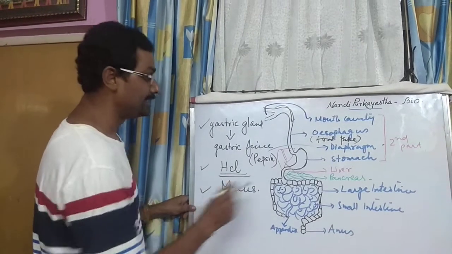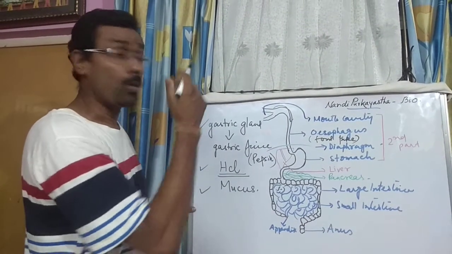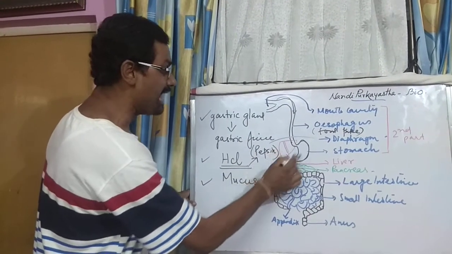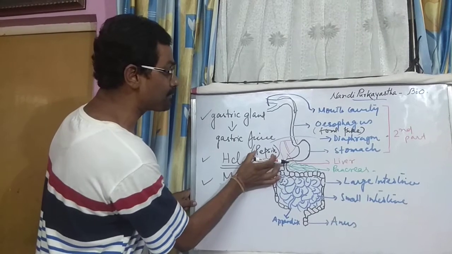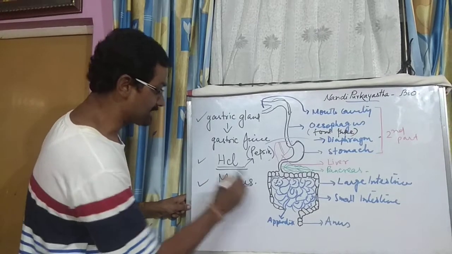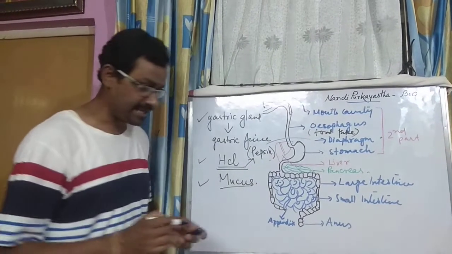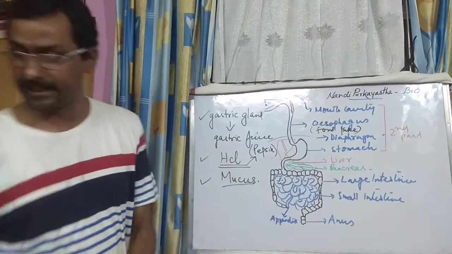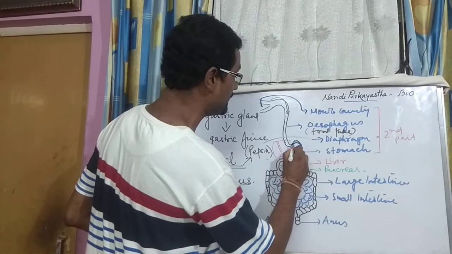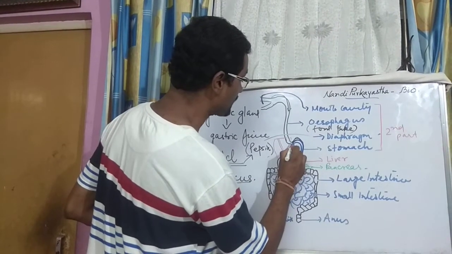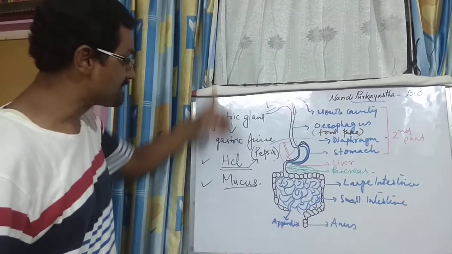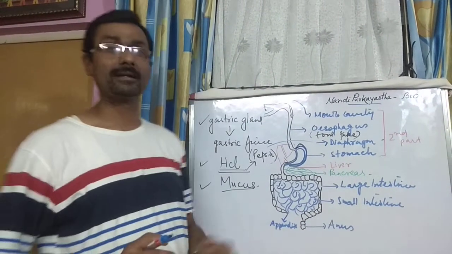The HCl is the acid that is in the stomach. Why is there acid in the stomach? To make the medium acidic so that the pepsin can carry out its action. Is it okay to you? Mucus. Mucus is a lining. See, here I am putting blue so that you can understand it very nicely. Mucus, here there is a lining inside the stomach. Can you get it? What is the function of it? It can prevent the action of HCl upon the stomach.